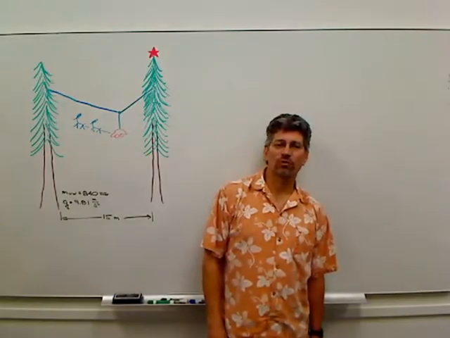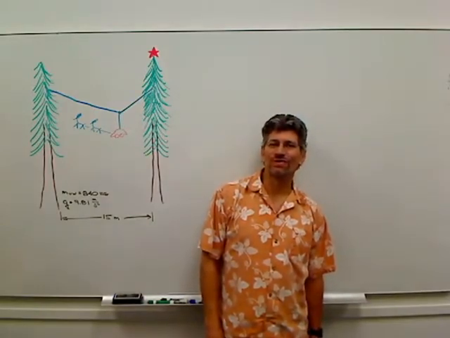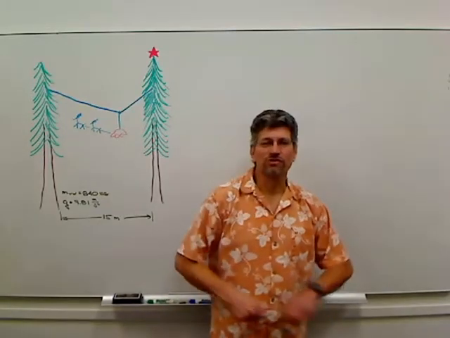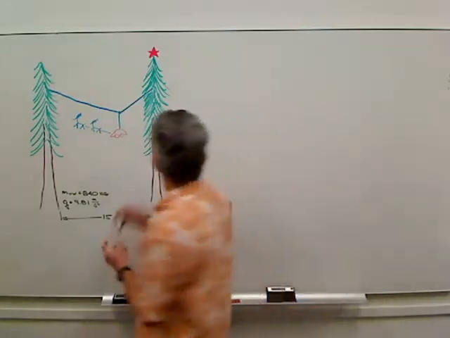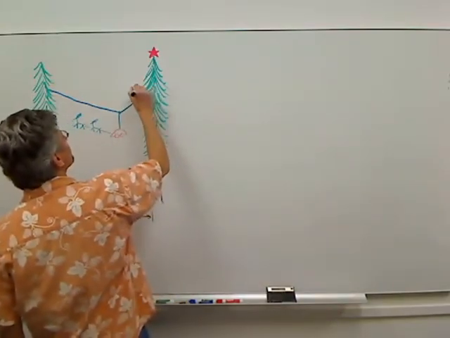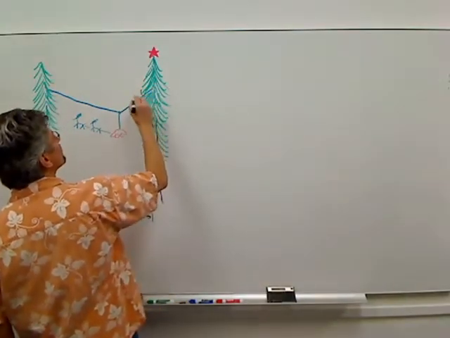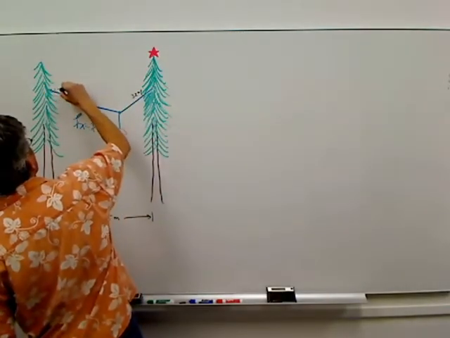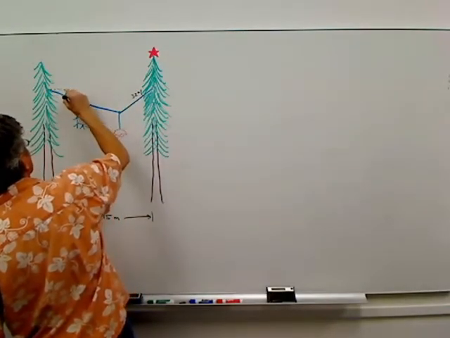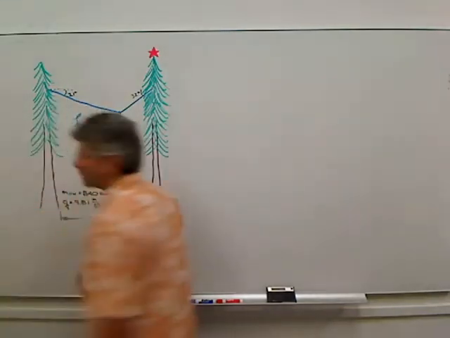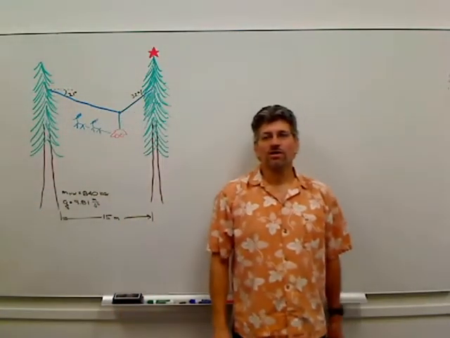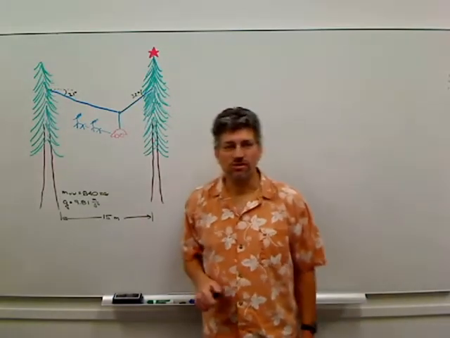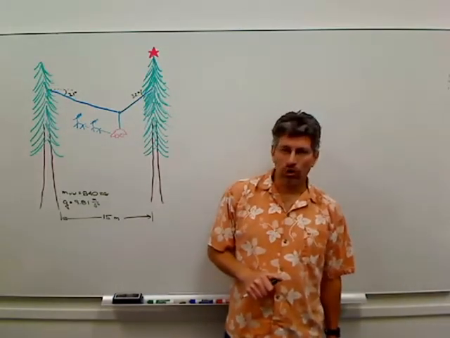So I slapped a protractor onto the picture and measured roughly the two angles, and we're going to call this angle right here 32 degrees, and this angle right here 21 degrees. So what we're working on here is a statics problem, because this system at the moment is motionless,